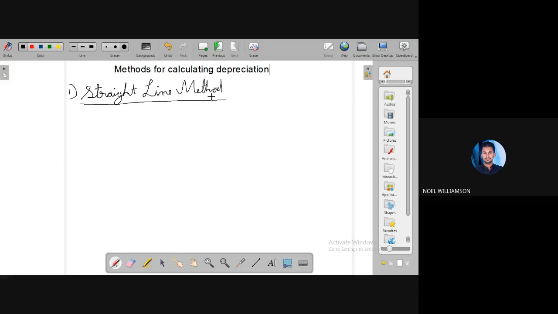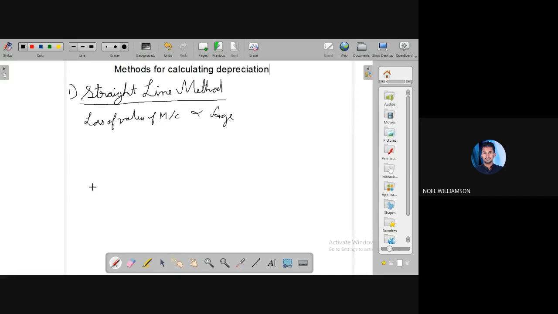Straight line, as the name says, is when the graph becomes linear, if the x coordinate and y coordinate values vary linearly, without any squares, that is, directly proportional. So here also, if the loss of value of the machine is directly proportional to the time or the age, in that case we use this method, that is the straight line method, and we will see how we can calculate the depreciation.